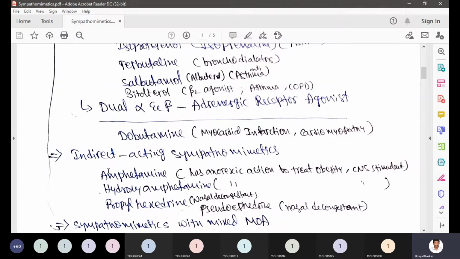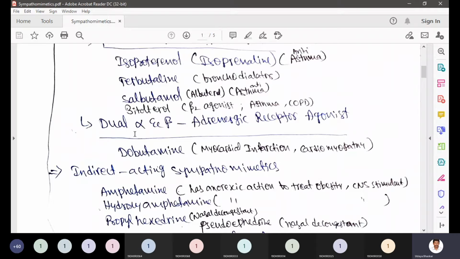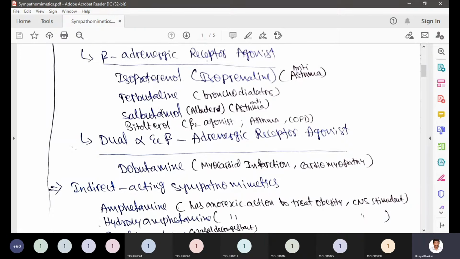Okay. So dobutamine, in dobutamine, DO we cannot predict. So as of now, buta means maybe butane is there, amine is there, NH2 is there, definitely. Okay, and bitolterol, we are unable to guess, but in the end, OL means alcohol. Okay, tol, maybe toluene must be there. Toluene, what is toluene? A benzene ring directly attached with CH3 is toluene. So bi means two of any molecules are present. So salbutamol, maybe salicylic acid or butane and alcohol.